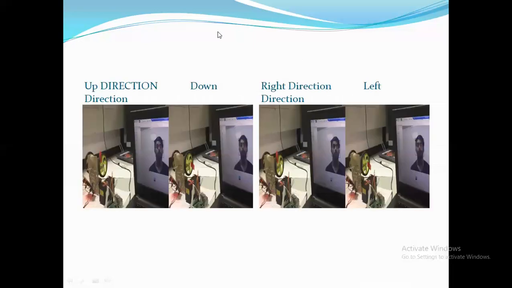The diagram is like this. The person is looking upwards. Then the camera that we have installed takes the picture and converts it into a binary image. Then it will traverse along the x and y axis and take the average value of the black portion.